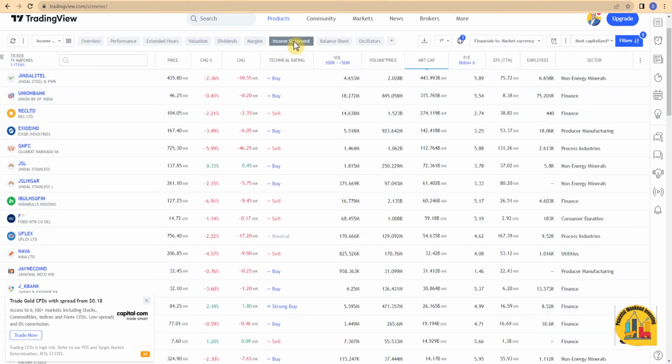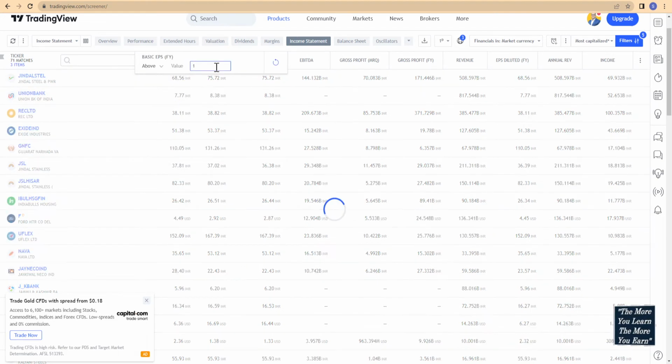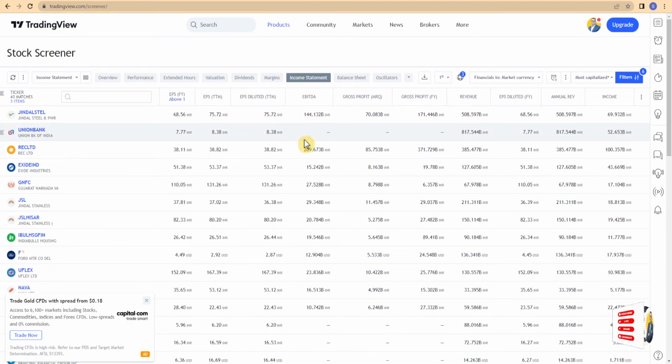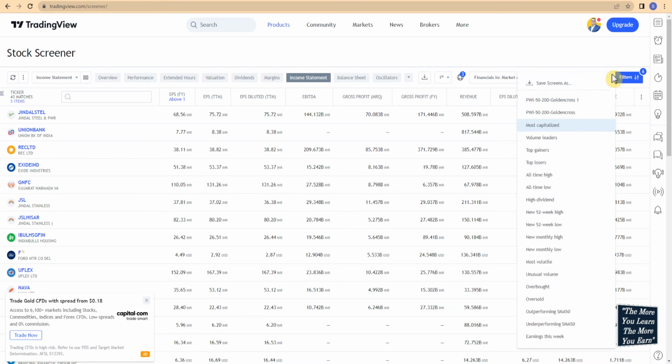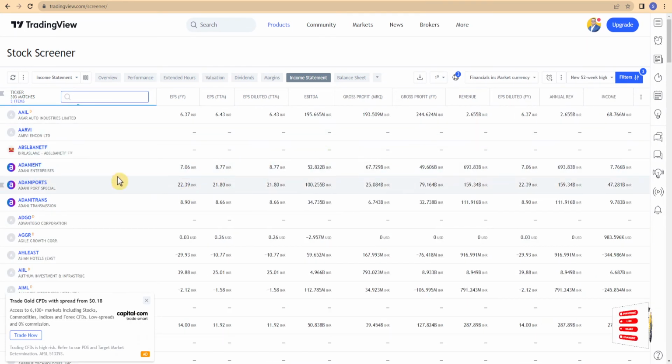Okay, and likewise you can go to income statement, and then you can do based on gross profit, revenue, all that what I've talked about still holds true here. So for example, I can say EPS is above 1. Yeah, just for sake of making sure it is a positive EPS, earning per share, and you got a list of 43 matches based on most capitalized. And likewise you can have a new 52-week high. I don't want to save it, and then you will be able to get all the stocks which are currently